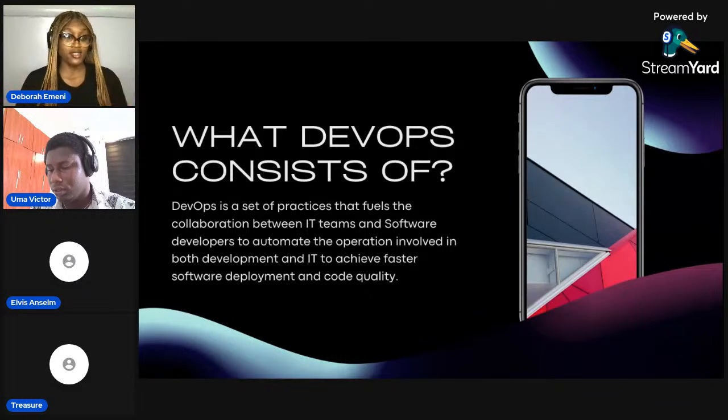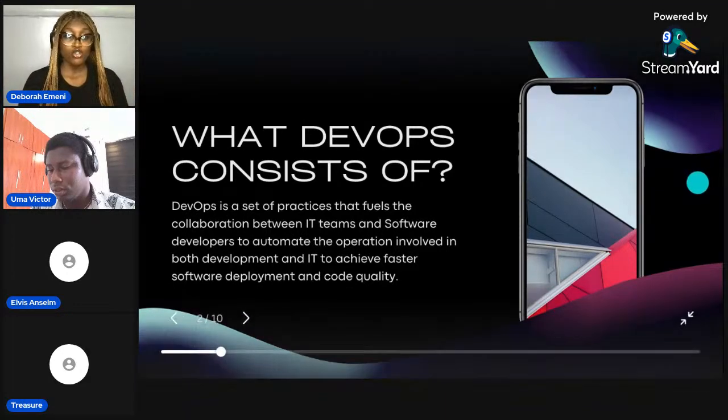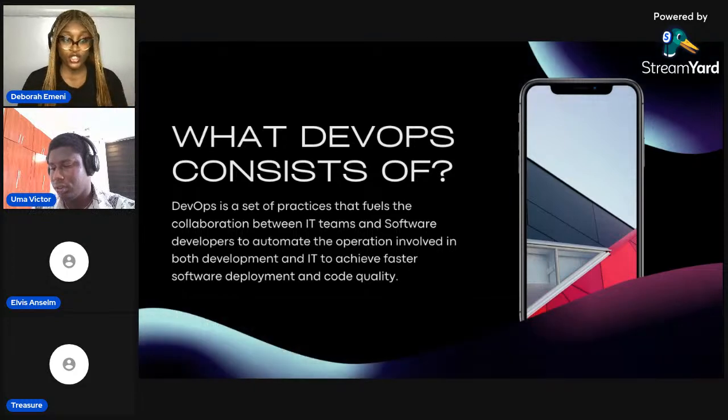So, first of all, DevOps is a set of practices that fuels the collaboration between IT teams and software developers to automate the operations involved in both development and IT, to achieve faster software deployment and code quality. So basically, that's what DevOps is, right? It's a lot of buzzwords put together, but don't worry, I'm going to give you more explanation as we go on. So first of all, I'm going to